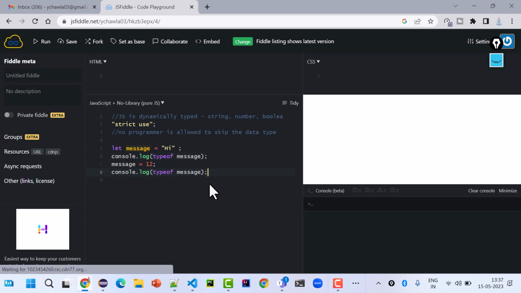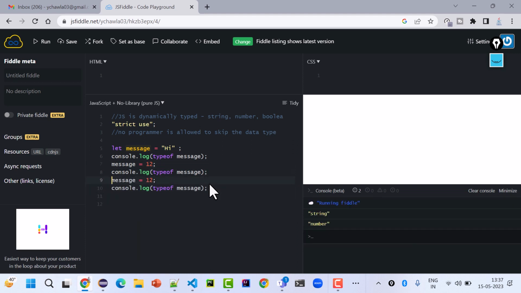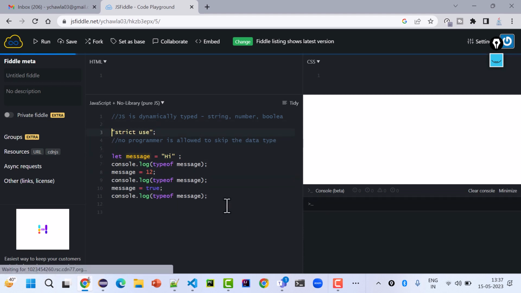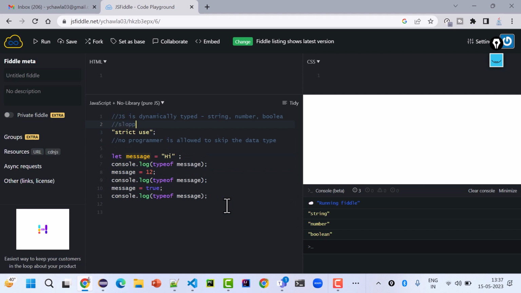The same variable can have boolean data also, and now it will give boolean. So this is a dynamically typed language, and JavaScript is also a sloppy language,